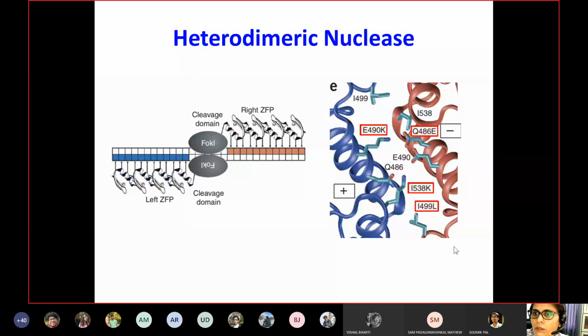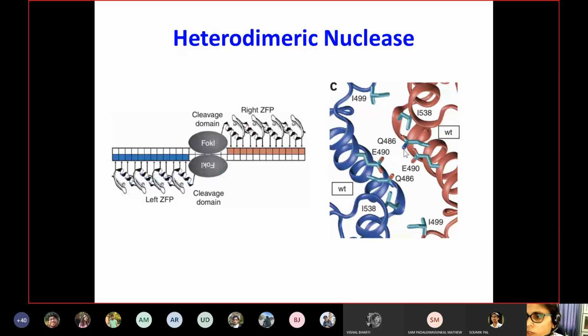So you see this picture. So these are, let me show you. So this is what we are talking about. This is again the dimer interface. So here D483 and R487 is not shown, but apart from that, other interfaces, for example 486, then E490,